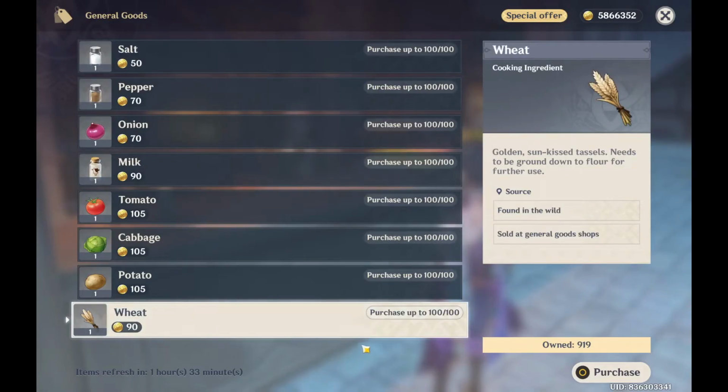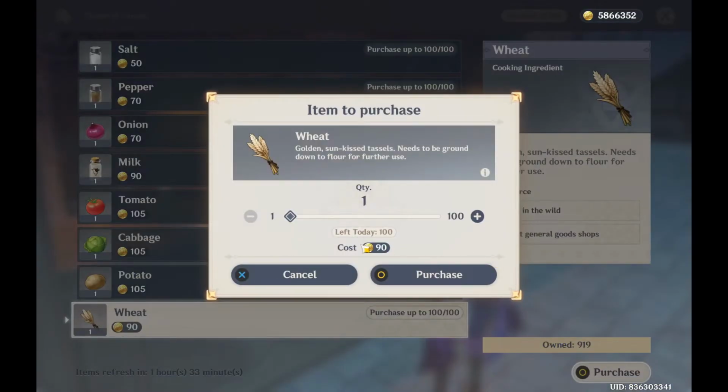Click on it, and on the bottom right side of your screen, you'll see an option called purchase. Click on it. As you can see, this item is going to cost 90 Mora to buy. So to purchase it, just click on this purchase button right here, and the item will be added to your